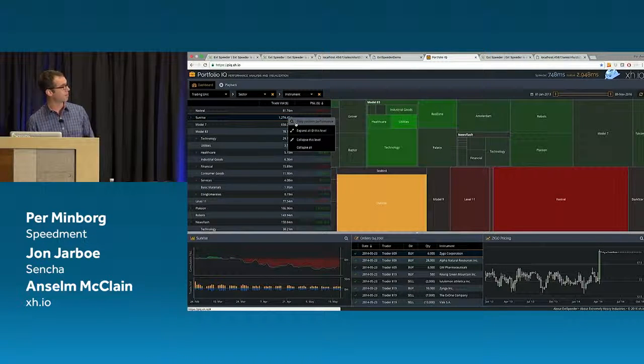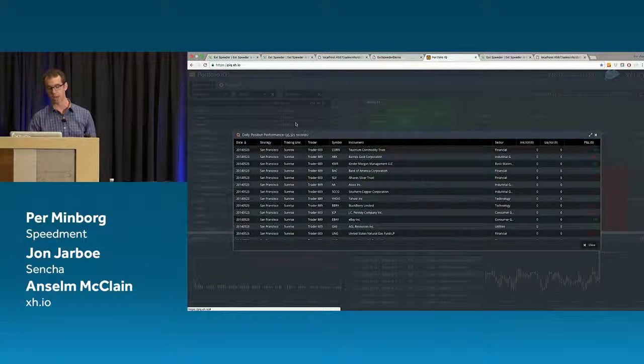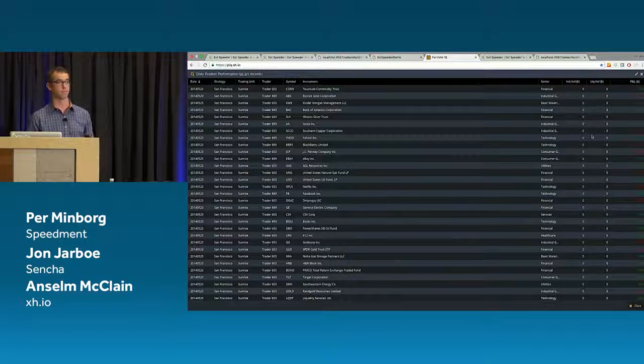I can right-click here. I can grab a given slice of this portfolio, and I can look at all of the underlying data. So that just pulled up about 100,000 records that represent that slice of this portfolio over time. This is a very traditional Ext buffered grid. So this is a very vanilla grid here in this pop-up window with a simple buffered store pointing at just an out-of-the-box